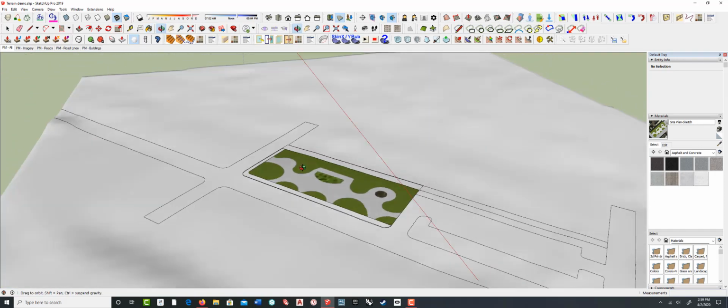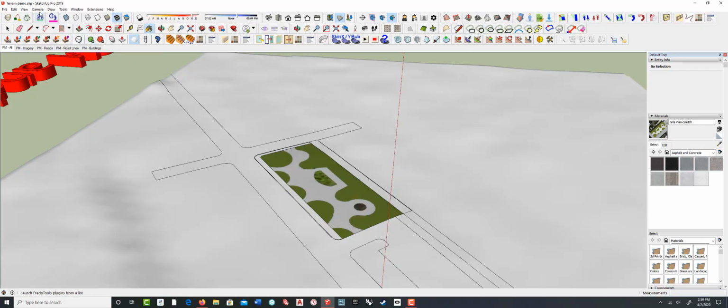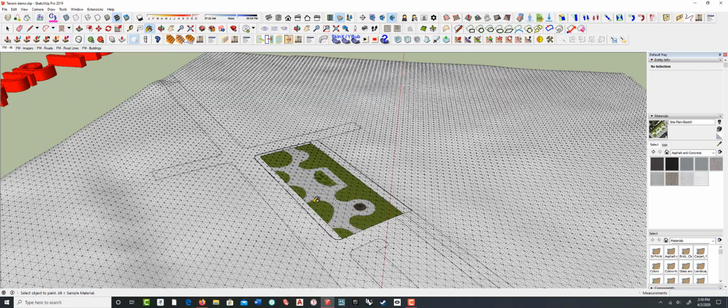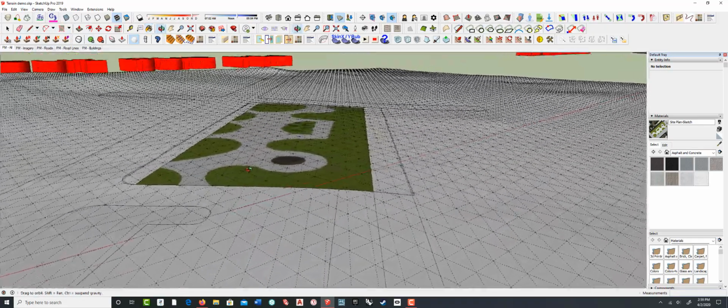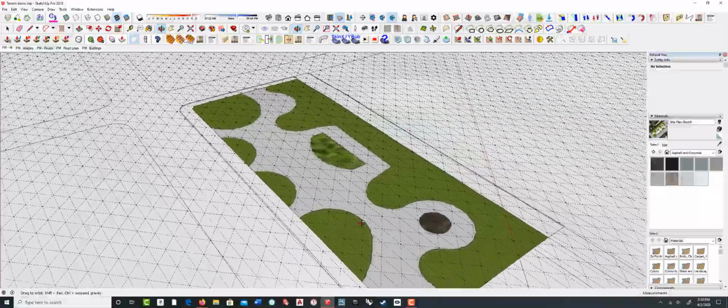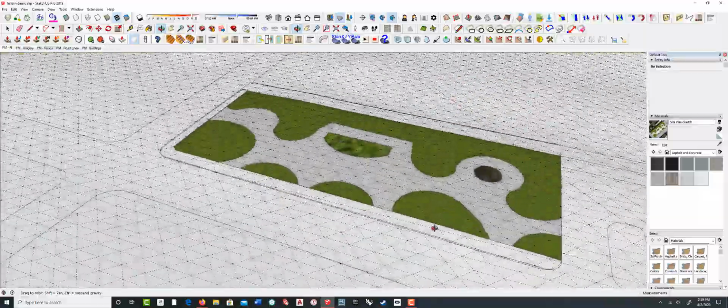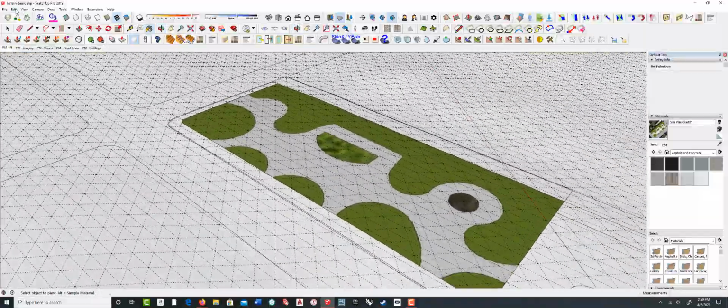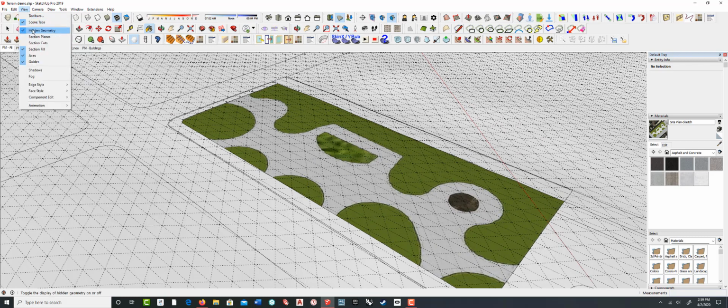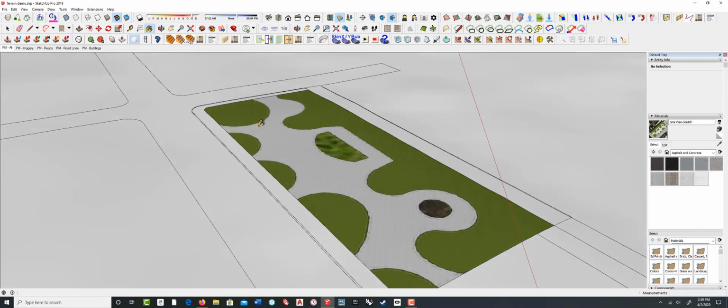Click that on there, and now you can see that's perfectly lined up. And if I turn my hidden geometry on now, you can see that I've got this nice, even mesh, fine enough for me to do the grading that I need to do. And I have my image on there, so now I can see what I'm doing. So I'm going to turn the hidden geometry off for a second, and I'm going to select this entire area,